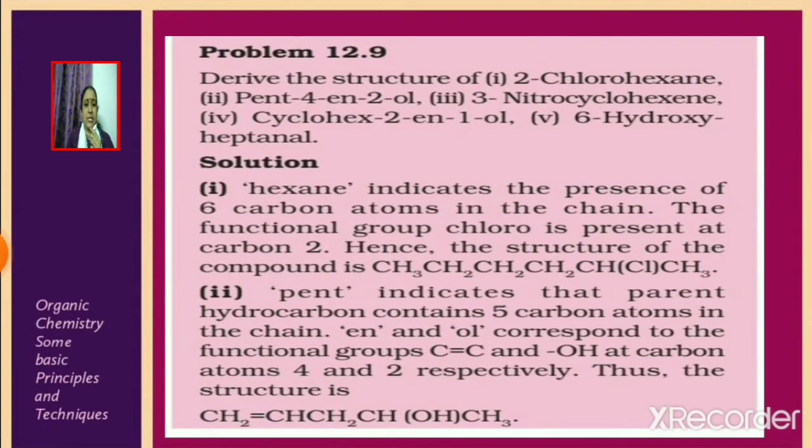The compound should be named as an alkyne. Now consider the next example. The IUPAC name of the compound is given. It is pent-4-ene-2-ol. From the name it is clear that 5 carbon atoms are present in the longest chain. 4-ene shows the presence of a double bond at the 4th carbon, and 2-ol shows the presence of an OH group at the 2nd carbon atom. Therefore, we can write the structure of the compound as CH2=CH-CH2-CHOH-CH3.